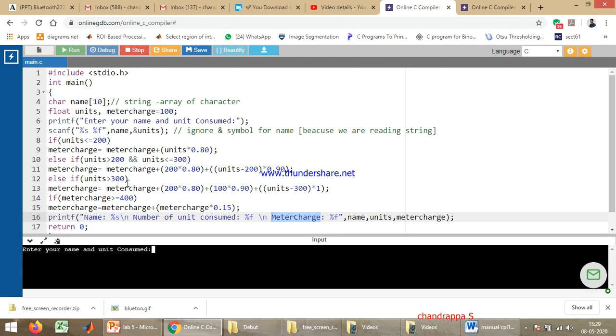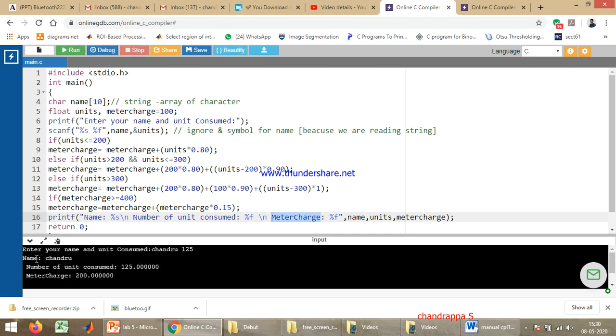Here type the name and one space, because in the scanf statement after %s we used one space, therefore here also we need to use one space. After this, type units consumed 125. Press enter.